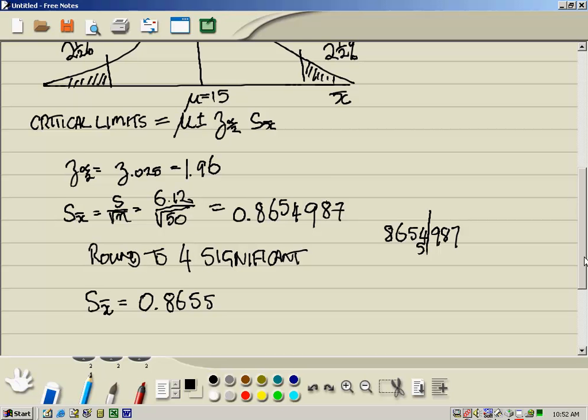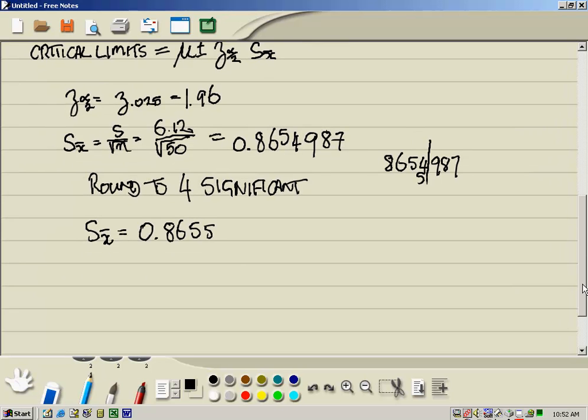Alright, so now let's do our calculations for the critical limit. Just to abbreviate, we'll call critical limits CL. Remember that's mu, the middle of the distribution, the hypothesized mean, average receipt, plus and minus the z value, 1.96 times the S of x bar, the estimated standard deviation of the particular sampling distribution,